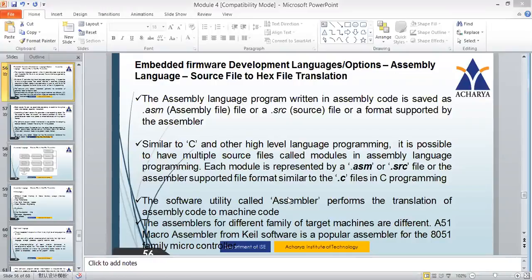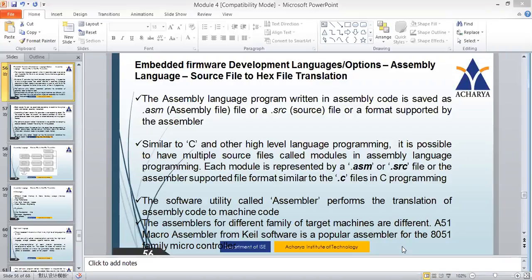Now, the software utility called assembler performs a translation of assembly code to machine code. You know that the assembler is the translator which converts assembly code to machine code. The assemblers for different families of target machines are different. Depending upon the type of machine, assemblers will vary. The A51 macro assembler from Keil Software is a popular assembler for the 8051 microcontroller.